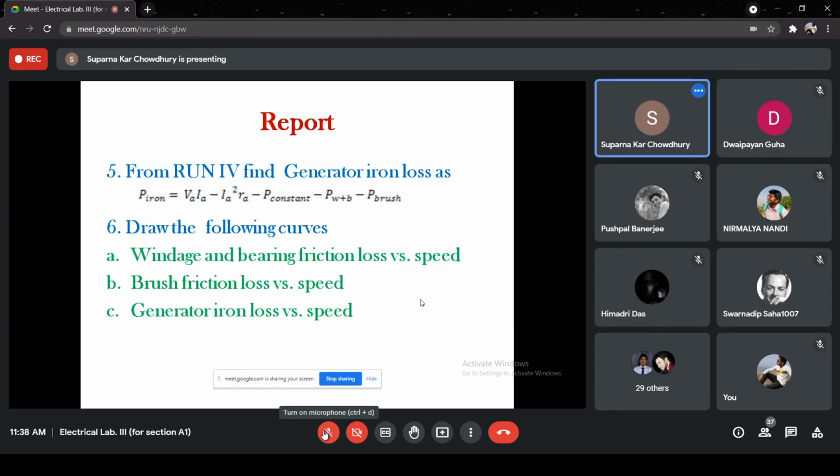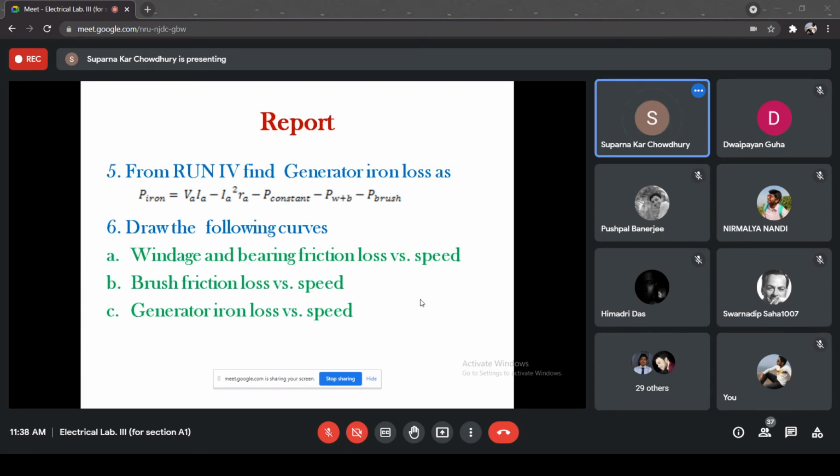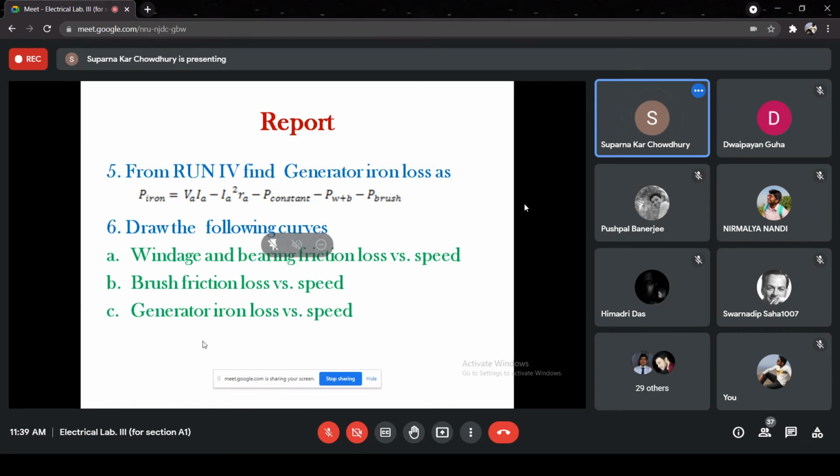It is a fan type of effect. So brush friction loss is not exactly linear, but almost linear. The slope is less for the brush friction loss. So we have to plot the windage and bearing friction versus speed, and brush friction loss versus speed. This iron loss also is not exactly linear, because